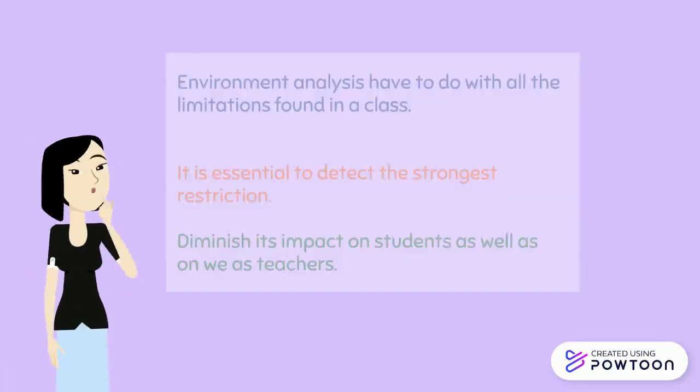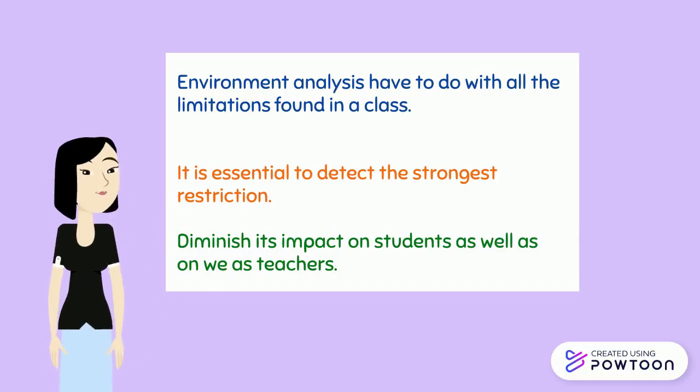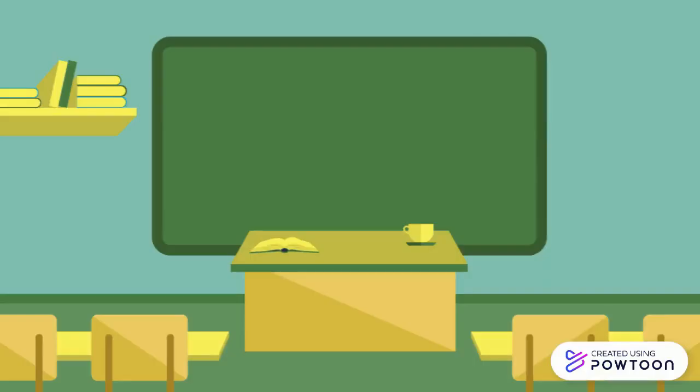In brief, environment analysis, also called constraint analysis, has to do with all the limitations found in a class, like time, class size, or arrangement of seats that can cause negative consequences if they are not identified on time. Moreover, it is essential to detect the strongest restriction to be able to do something about it and diminish the impact it might have on the students as well as on us